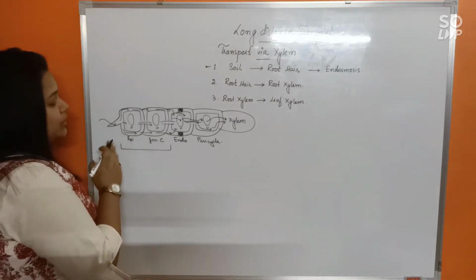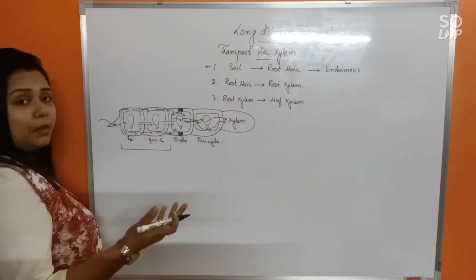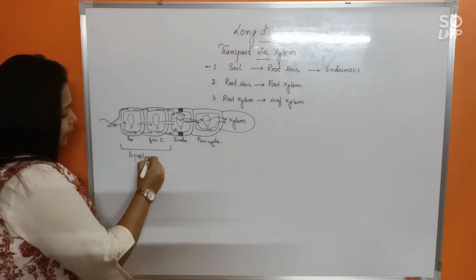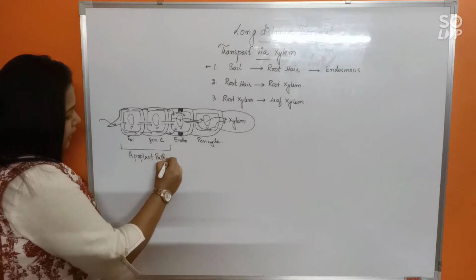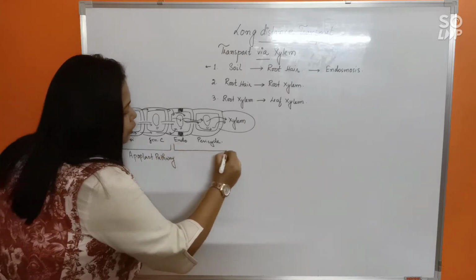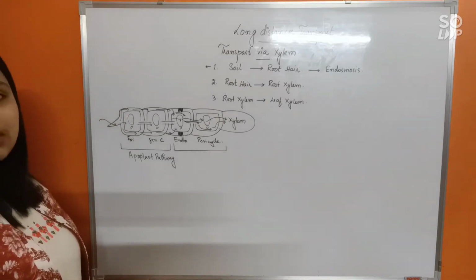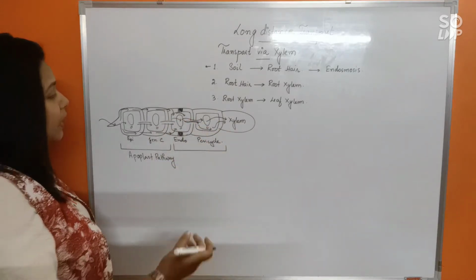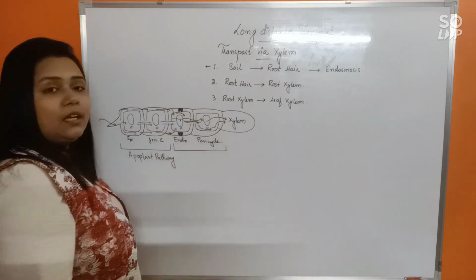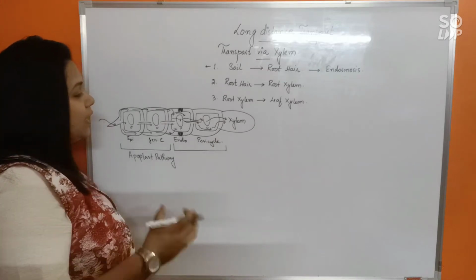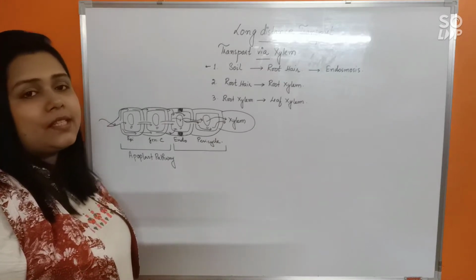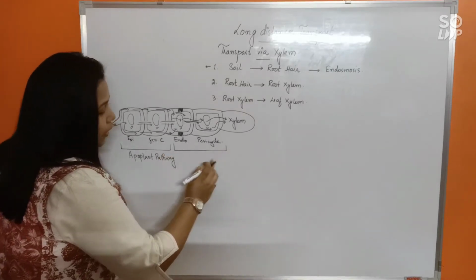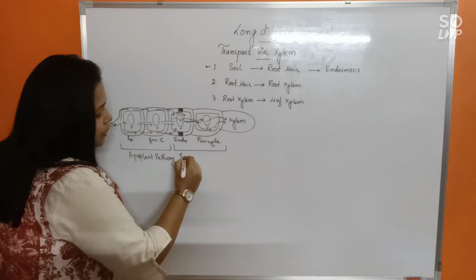So, while the water is passing through the cell wall, the freely permeable membrane, that would be referred to as the apoplast pathway. And when the water chooses to pass through the inner part of the cells, that is through the plasmodesmata, that is, it is passing through interconnected cytoplasm, right? So, interconnected cytoplasm would be referred to as symplasm, if you remember. So, we will call this part where the water moves through symplasm to be